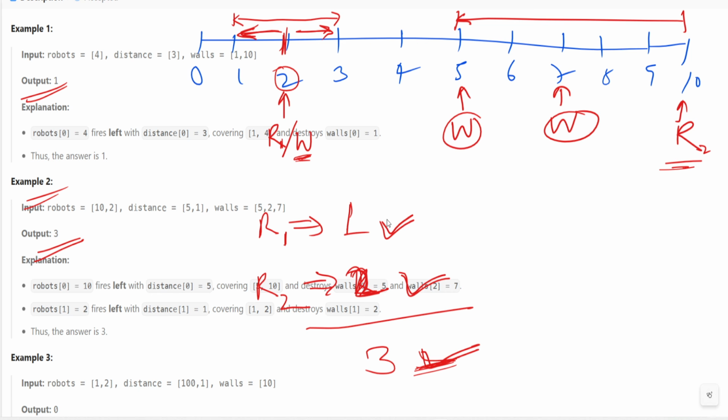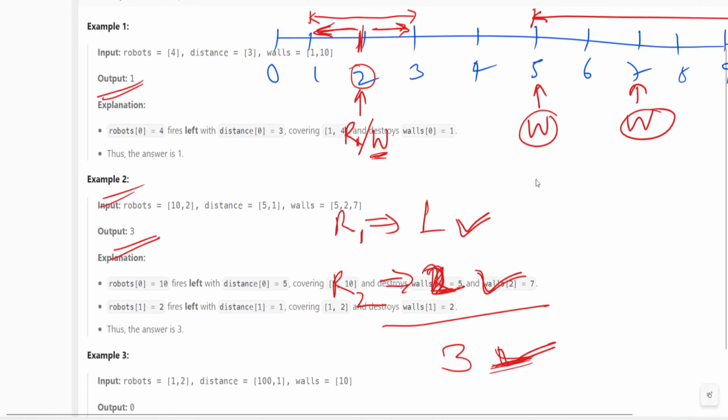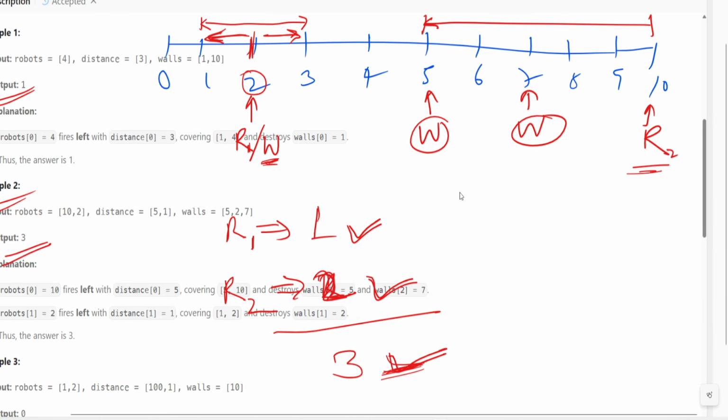Let's try to understand the approach. There is only one core challenge: if two robots are separated by gaps,